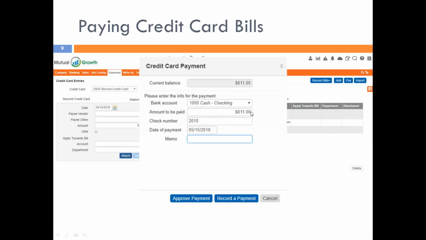You can choose to enter to pay the whole amount or whatever you would want, and also enter the date of payment. Now, check number. If I'm going to just record a payment, I would enter the check number here. If I'm simply approving payments, I won't enter the check number because that'll be taken care of when I actually pay the bill from the check writing screen. So in this case, I'm going to approve the payment,